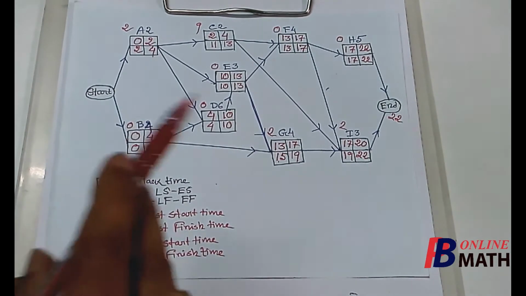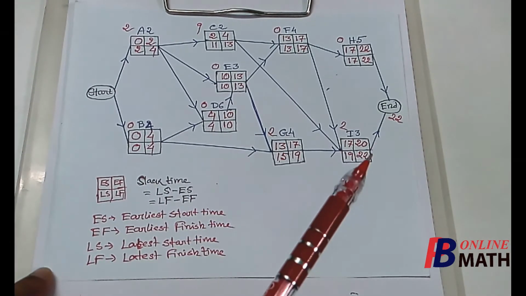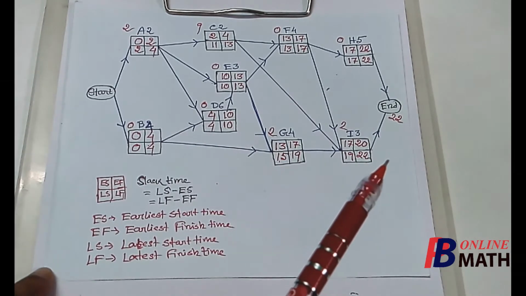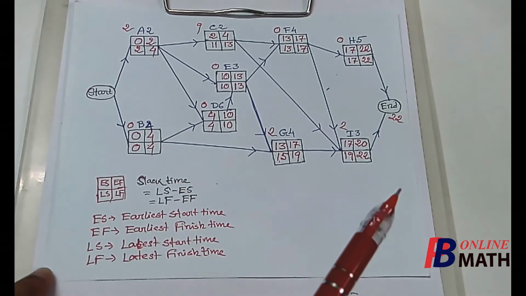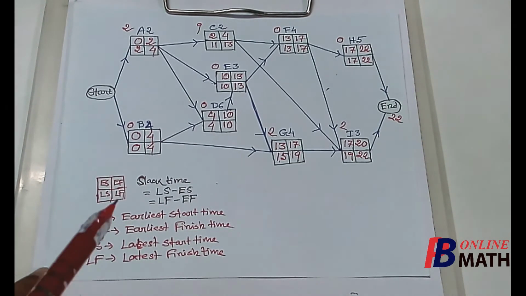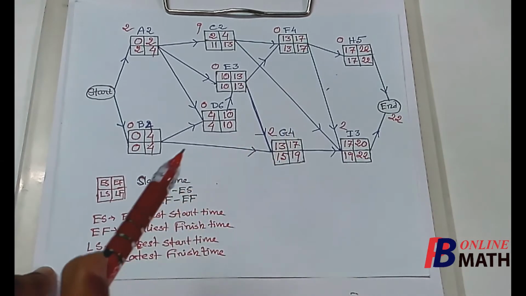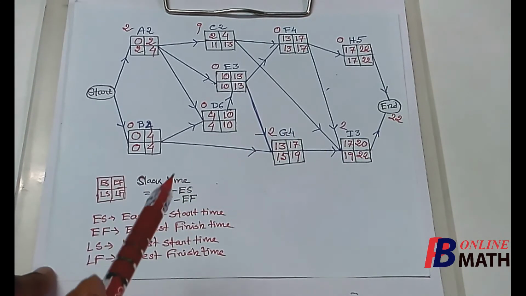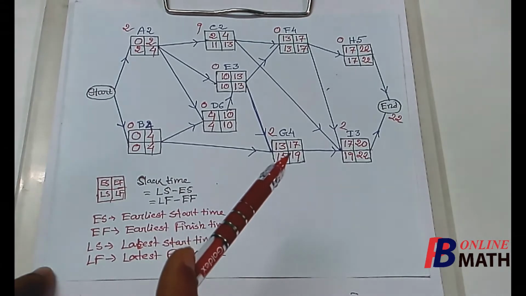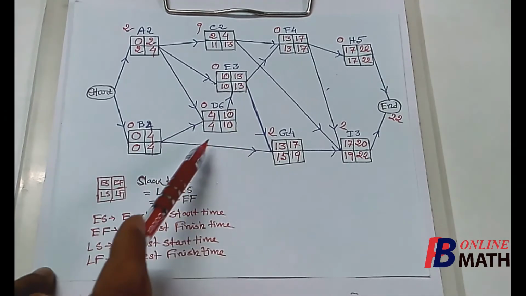Now let us explain all this data. Here we have already found that the minimum time required to complete all the activities is 22 days. So 22 days is the minimum time required to complete the project. Now if we consider the activities, then we find that there are some activities where slack time is 0. Slack time means some relaxation. So there are some activities that have some slack times, but most of the activities have no slack times.